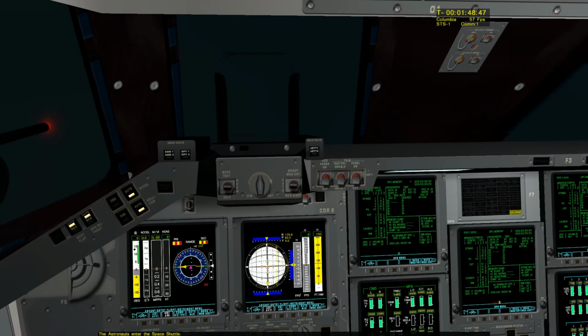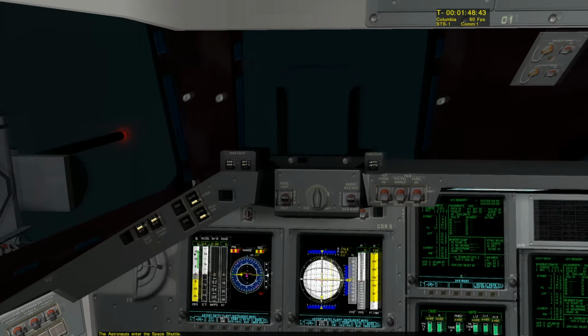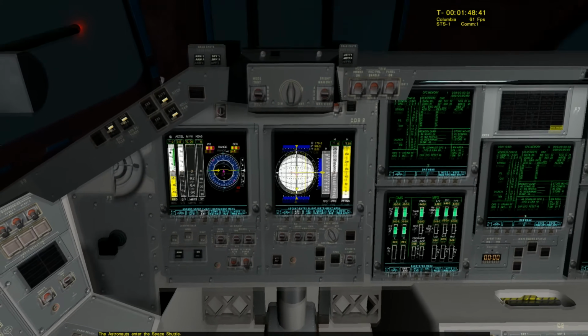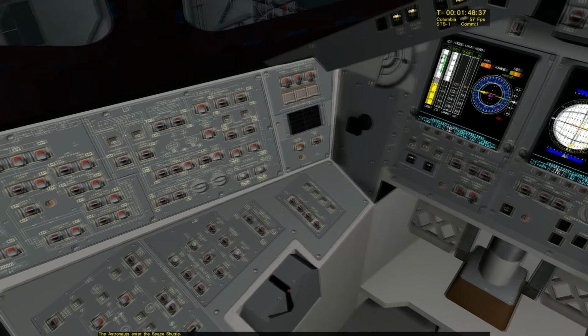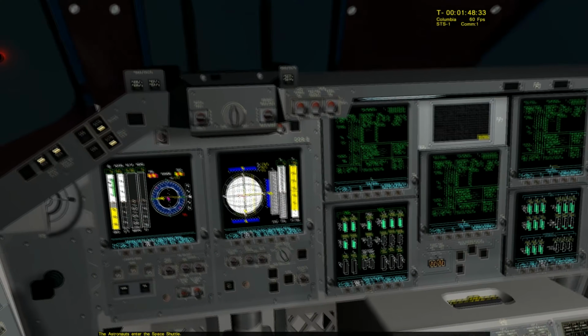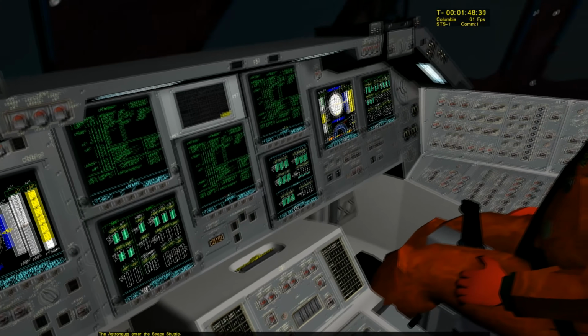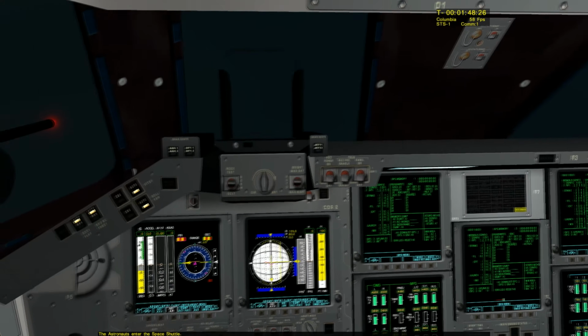All right, I'm sitting in the commander's seat right there, and there is the pilot. What we're going to do, and all these panels do work, you just got to zoom in on them to get them to work, but what we're going to go ahead and do is run through setting the Columbia up